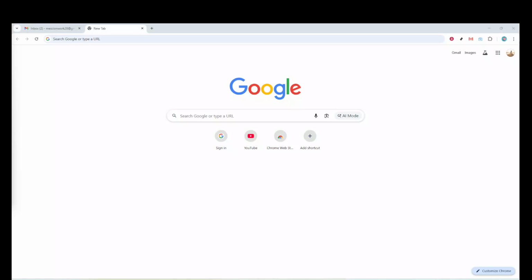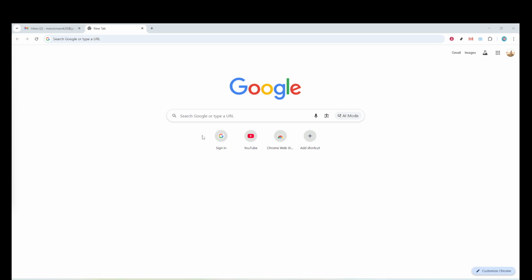In today's video, I'm going to teach you how to enable dark mode on Gmail. If you spend a lot of time in your inbox, switching to a darker interface can make reading easier on your eyes, especially at night, and it can even help conserve battery on some displays. I'll walk you through the exact clicks you need on the desktop web version of Gmail with a few helpful